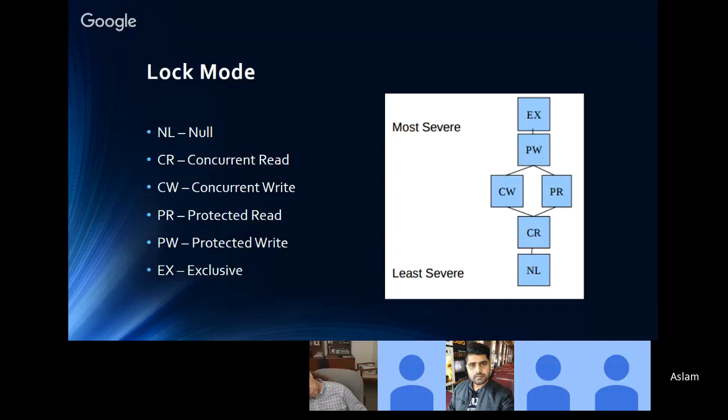No writers allowed, because if somebody is reading and somebody is editing at the same time, it's going to be really confusing. You might be in the middle of reading, but somebody will change it and your information is already different. So protect read means no writing is allowed. Protect write